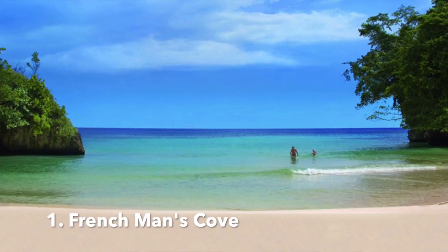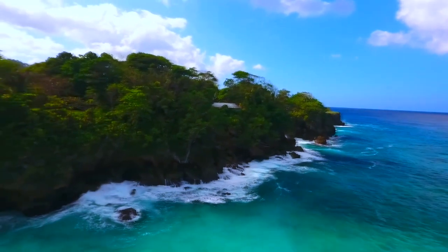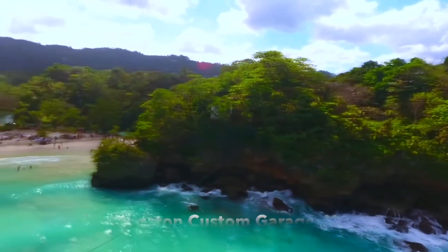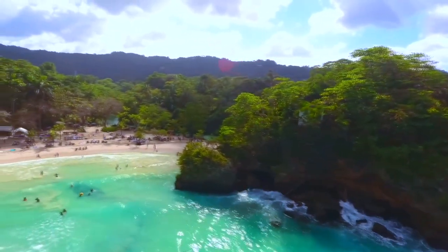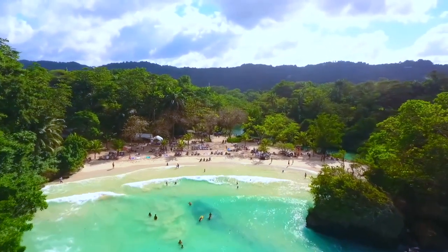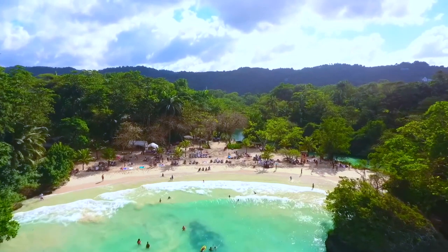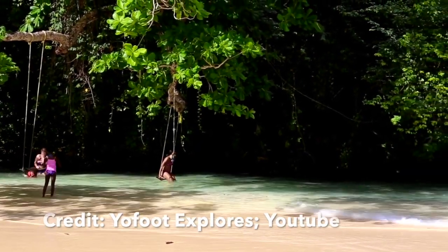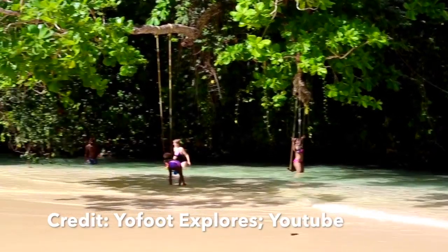Number 1. Frenchman's Cove. Frenchman's Cove is one of the most beautiful beaches in Jamaica. Nestled at the outlet of a freshwater stream, the beach's white sand and turquoise waters have attracted visitors to Portland for decades. Luxuriate under a shade tree, take in the amazing view, cool off in the gentle surf, or go